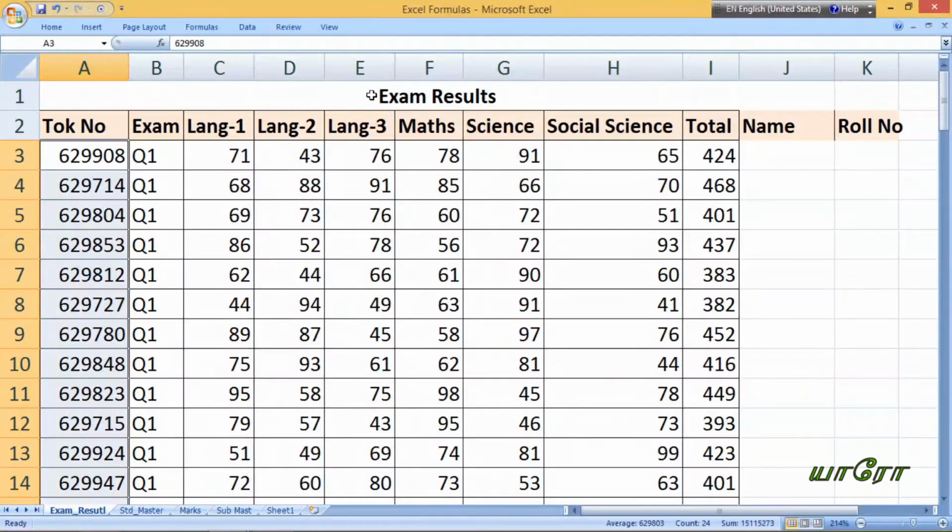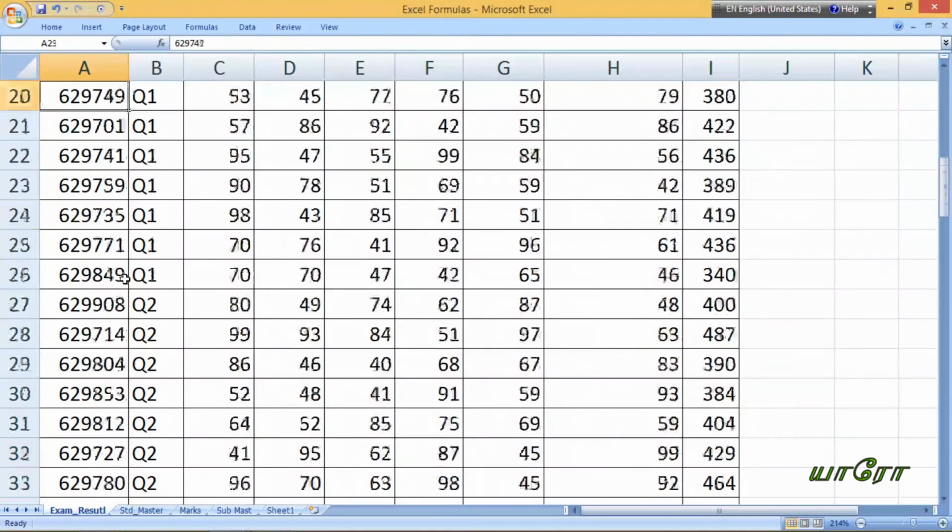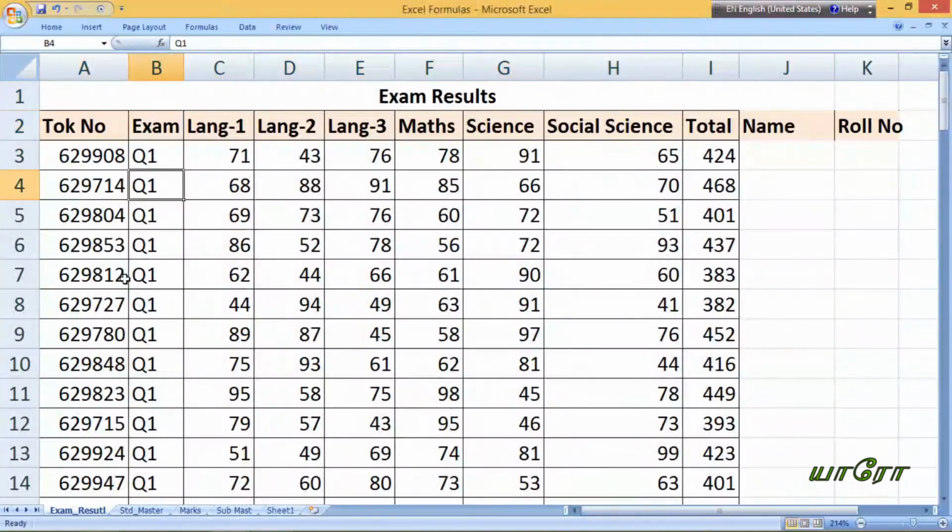Here is some data for you: exam results of students by token number. Results are entered but the name is not known, only the token number is entered.